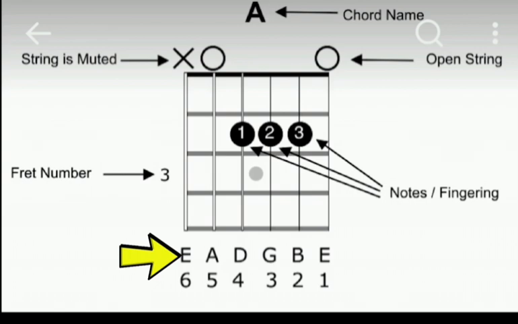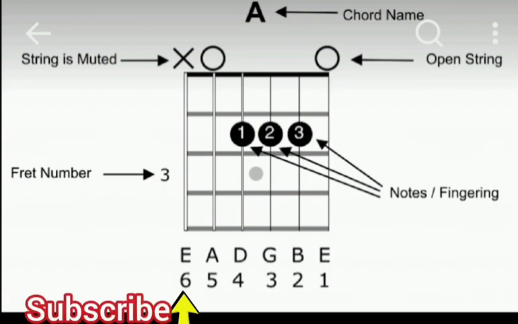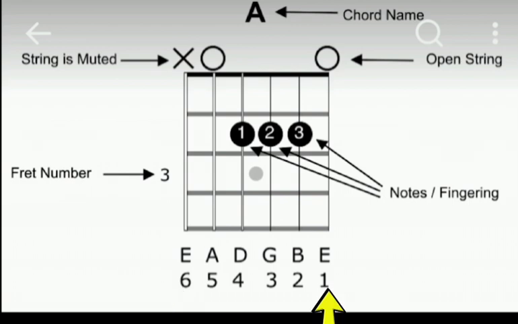From right to left, we have string 1, 2, 3, 4, 5, 6, and their names are, starting from the right to the left, E, which is string 1, B, which is string 2, G, which is string 3, D, which is string 4, A, string 5, and then another E again, but this time around it is string 6. This first E is the higher E, and this 6th string E is the lower E.